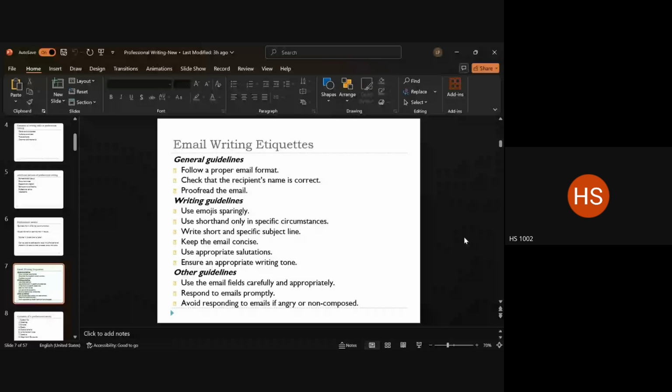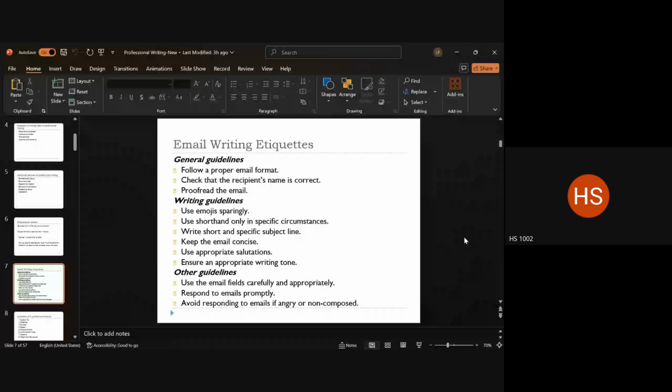Now, if you do not know what to respond, for example, sometimes you get a query and you do not know what to respond to. Even then, within that couple of hours, you should at least send them an acknowledgement email saying that I have received your email, I've read your email, I'll get back to you with the details of the question that you asked, right? Do not just leave it. Don't think that, okay, I don't know the answer, so I will maybe first go find out and then respond. No. So if you do not know, you acknowledge it, tell them that you'll be back with an answer.